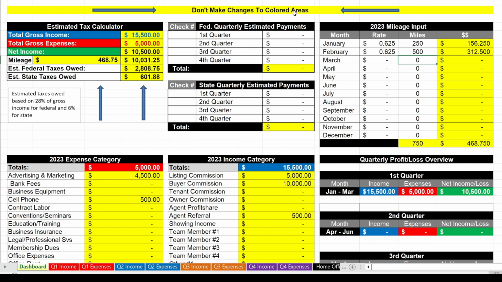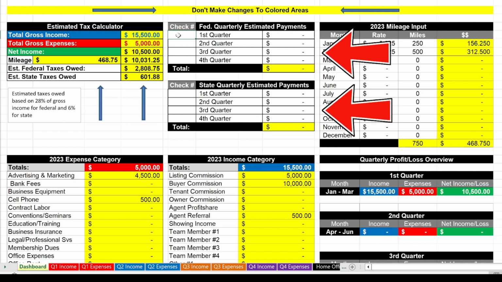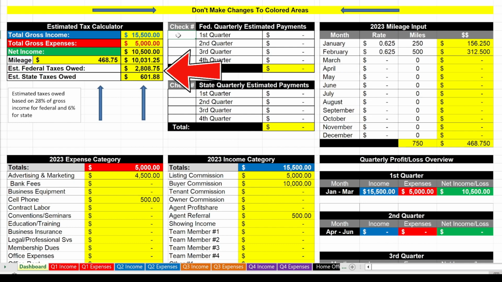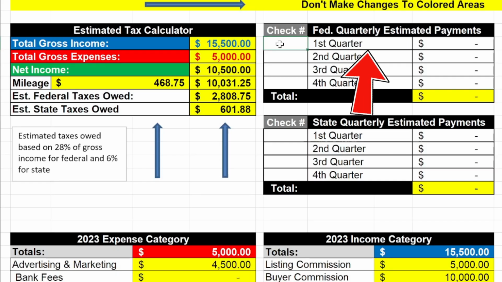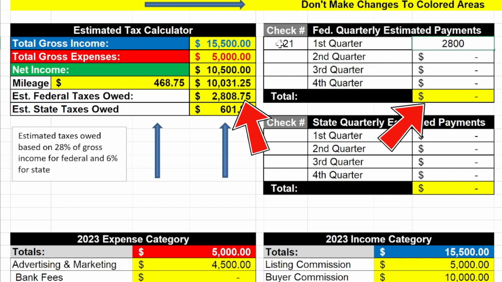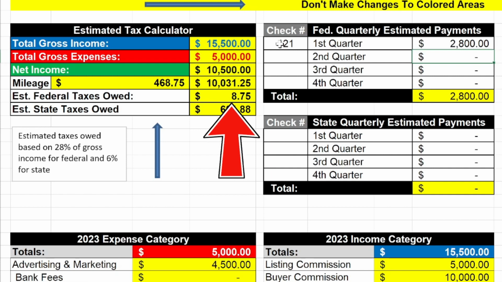Now, let's say that it is April and we're going to make our first quarter estimated taxes. As of right now, if you look at these two cells, it is estimated that we owe the federal government $2,800, and it is estimated that we owe the state we live in $601. So you cut a check to the IRS for, let's say, $2,800. Now, I want you to pay attention to this cell and this cell. Notice what happens. It auto-calculates. And if you look at the estimated tax calculator cell, notice that the remaining estimated balance that we owe Uncle